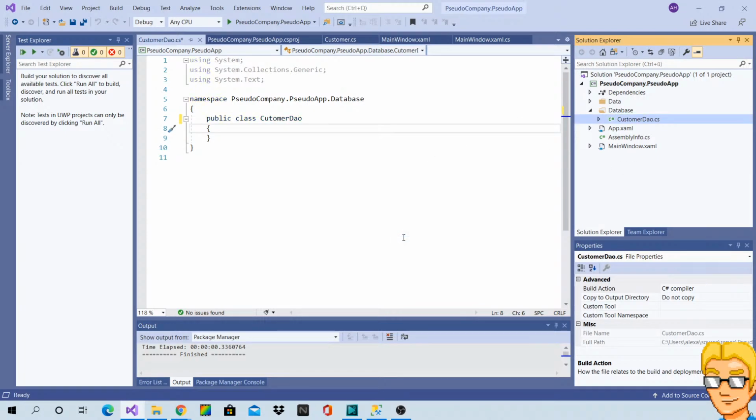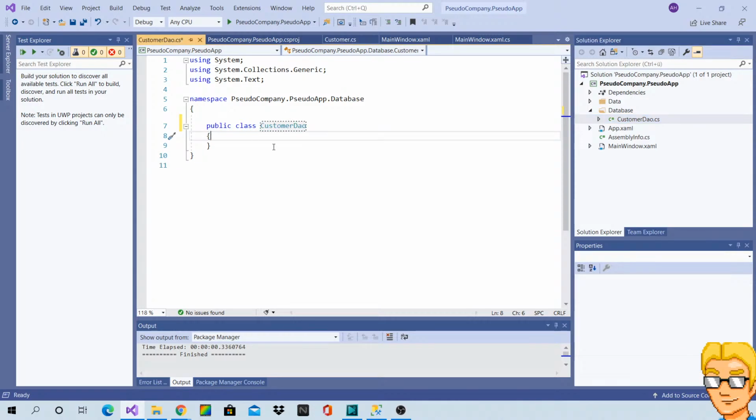There. And this customer data access object is then supposed to actually retrieve the data from the database and insert new data. And in the sample code, I'm going to have only this one very specific concrete implementation.